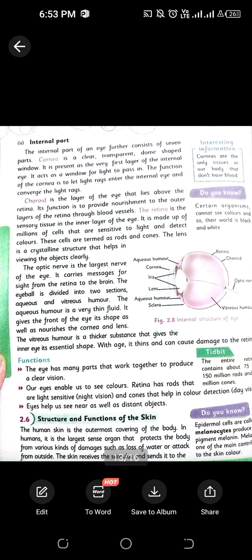Then we have the iris. The pupil of the eye is basically located before the iris, and that controls the intensity of the light. Okay, the lens that is used in the human eye is a convex lens. The function of the human eye, first of all, is that it enables us to see the colors, the clear vision,